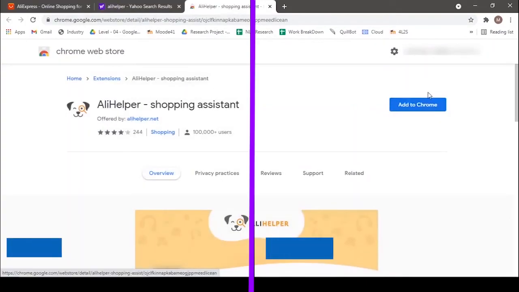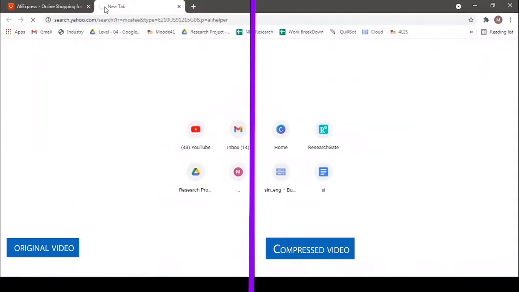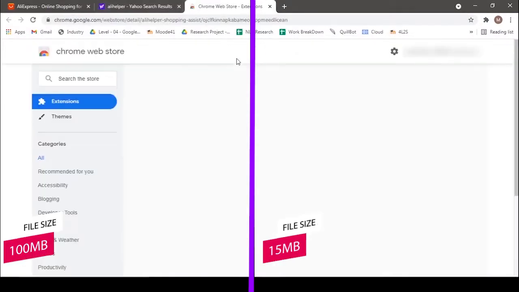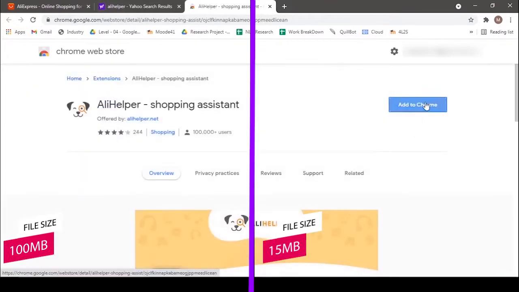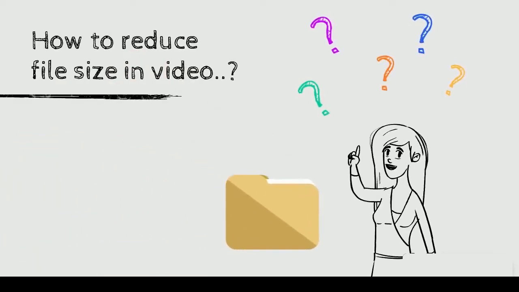Can you observe any difference in quality between these videos? I think most of you can't. But can you believe if I tell you the video on the right side is more than 6 times smaller in size compared to the left side video? So in this video, I am going to show how to reduce the file size of a video